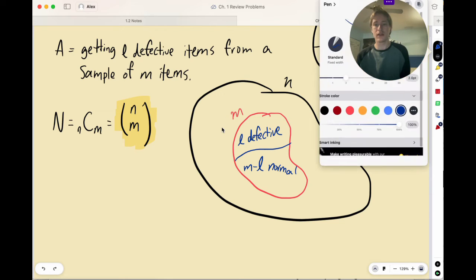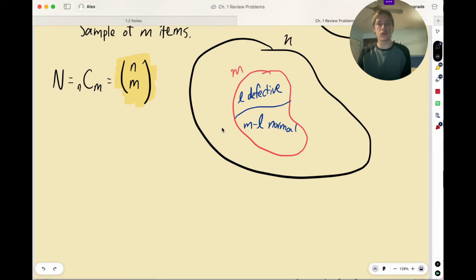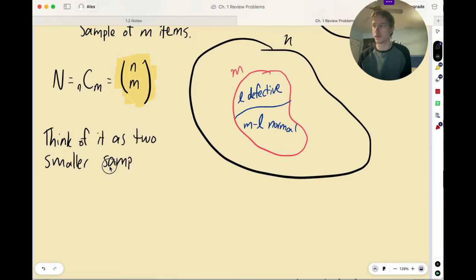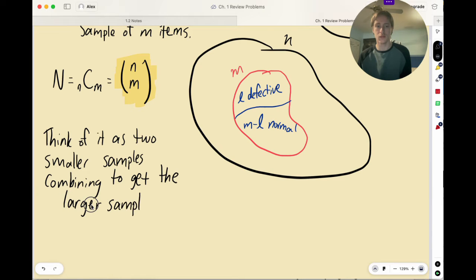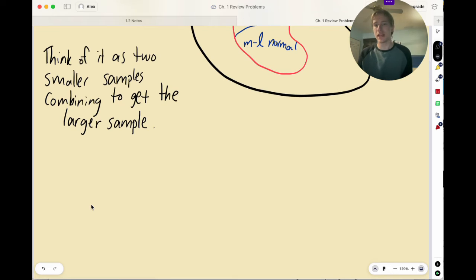So what I have is a situation in which you can think of this as 2 smaller, completely independent samples that combine together to get a larger sample. And then the idea behind that is you can use theorem 1.3